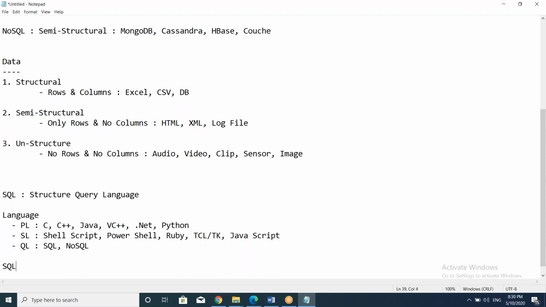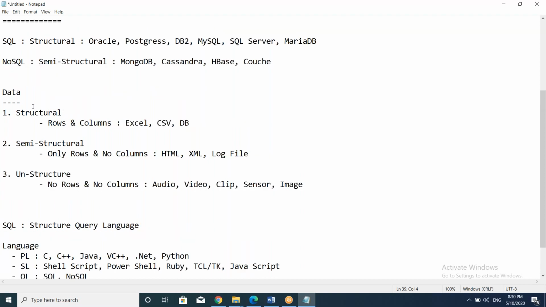You can go to any country, you can study there, you can learn something there, you can do the job, you can do everything. So that is one common language. So this SQL is also a common language. What type of common language? To interact with the database. What type of database? SQL related database.